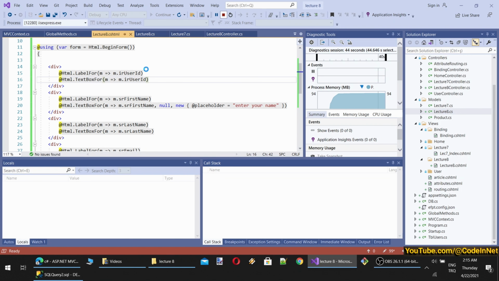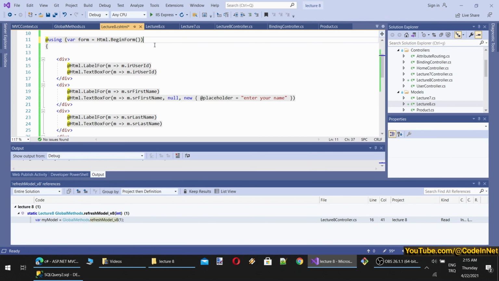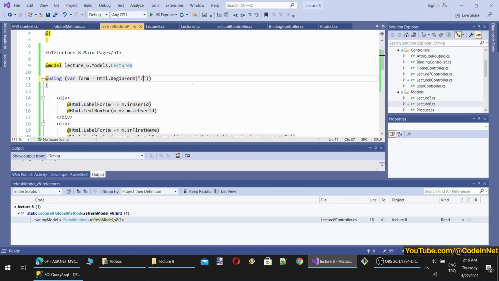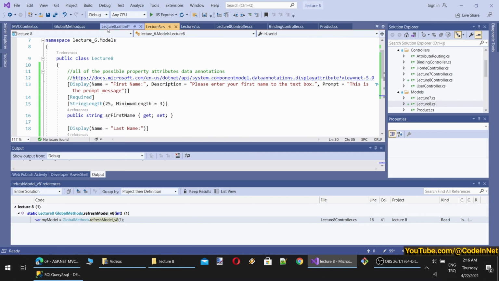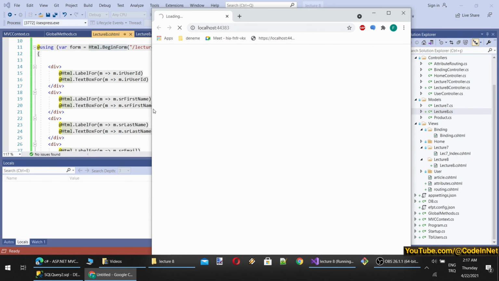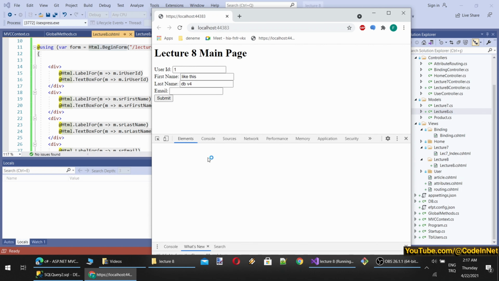So in the HTML begin form, we need to set post action. How were we setting it? So let's provide full URL. So the full URL will be lecture 8. And where is our post? So it will be index. Yes, lecture 8 index action. Let's try. You see, when you change the URL that doesn't match the default, you have to specify which form it will be post. Okay, well, let's check the submit and source code.